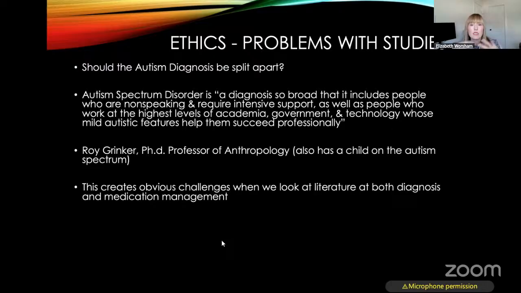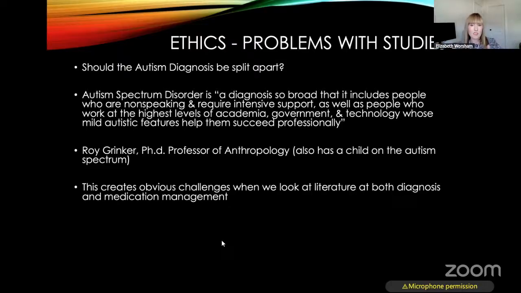He said, a diagnosis, autism, so broad that it includes people who are non-speaking and require intensive support, as well as people who work at the highest levels of academia, government, and technology, whose mild autistic features help them succeed professionally. It's really hard to look at the literature knowing there's such a broad